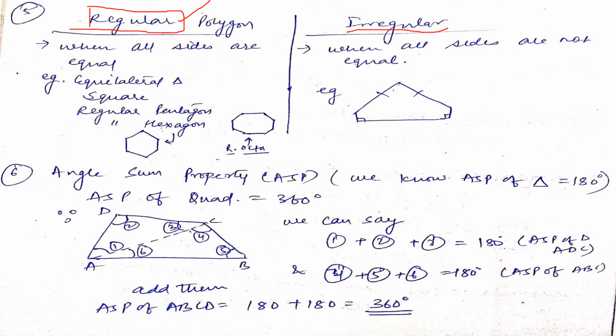Okay, that means irregular means that it is not important that all sides are equal. Here all sides should be equal. Okay, so let's start. When all sides are equal, such a polygon is known as a regular polygon. We have studied till now about the equilateral triangle containing three sides which are all equal. And if you think a little bit, all the angles are also equal in this equilateral triangle, and they are all, yes, 60 degrees. Good. Similarly, a square is also a regular polygon.